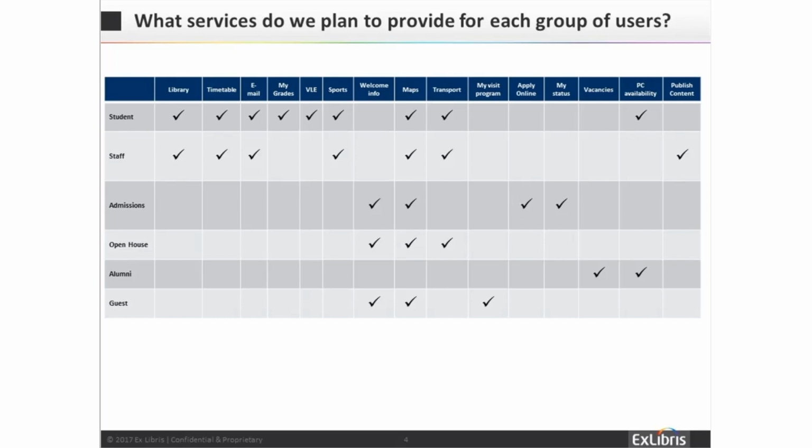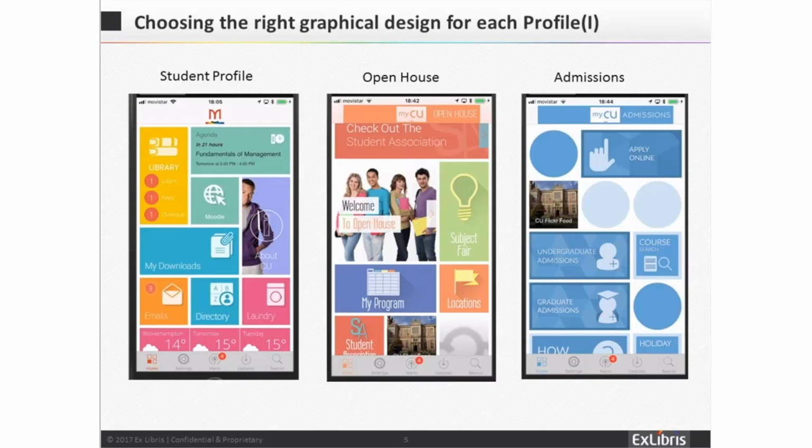Now, this process of approaching a mobile design can be a little bit daunting if you've never been involved in it. So we have graphical designers on the campusM division of Ex Libris who work with the university during the initial stages of the application development to provide the right designs of the university and to ensure that the basic parameters and constraints of working within a mobile form factor, whether that's a mobile phone or a tablet of different makes and manufacturers, are really understood and they're passed across to you to allow you to maintain the app later on. And now after deployment, the design team can remain available through professional services engagements,